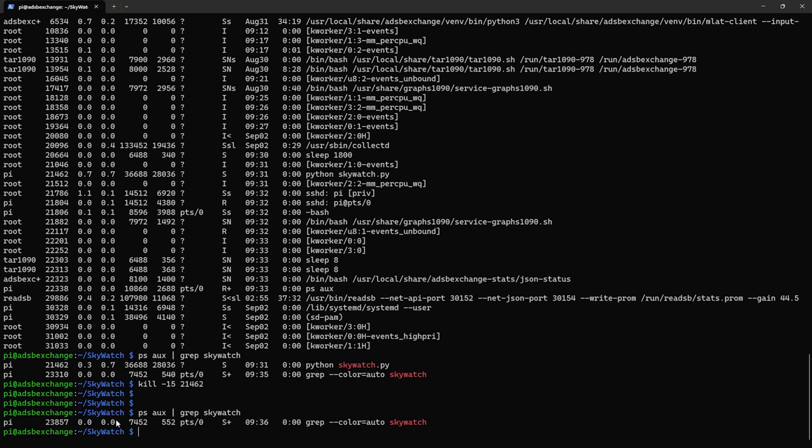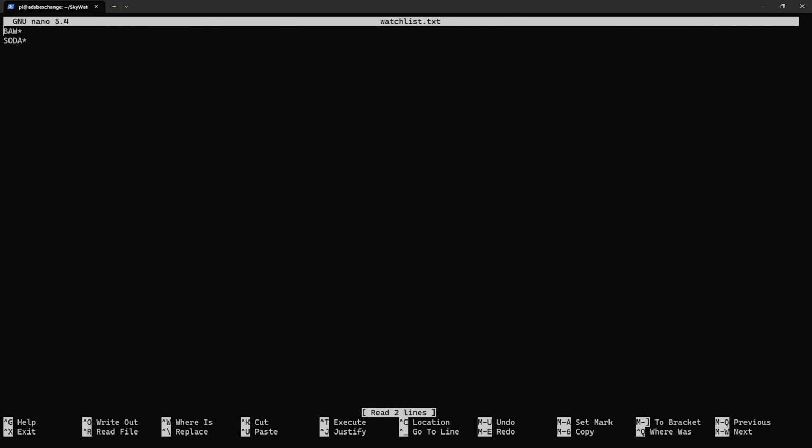So now when we run that ps aux and grep for SkyWatch, we no longer see it. We only see the grep command, which shows up since we included SkyWatch, but we no longer see this python skywatch command. So that has been successfully stopped,